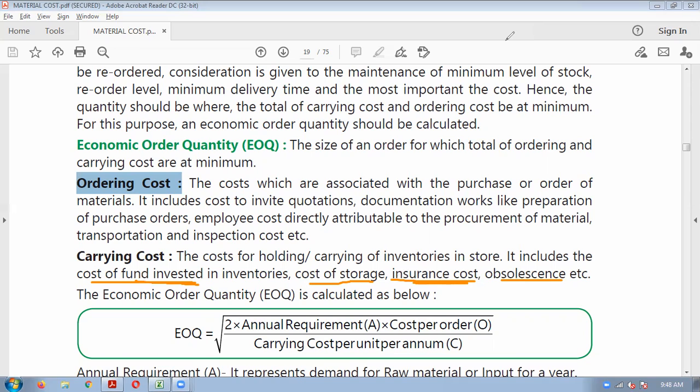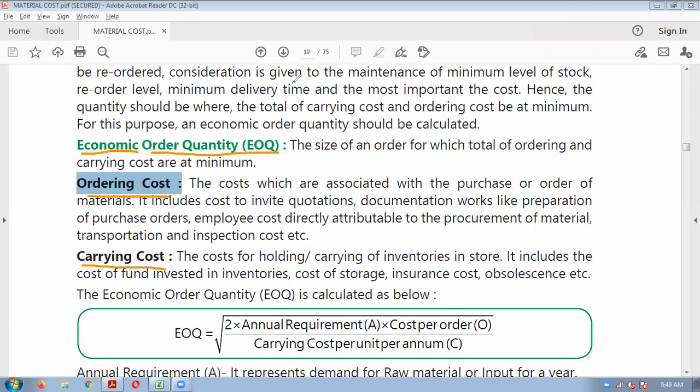Okay, so the economic order quantity concept says that you should place an order for that much quantity of material at which both the ordering cost as well as the carrying cost are minimum. That is the basic objective of costing, no? Cost reduction. So by using this formula, economic order quantity, we will get a quantity of how much order you should place at which the ordering cost as well as the carrying cost will be